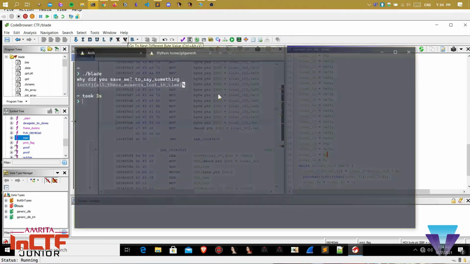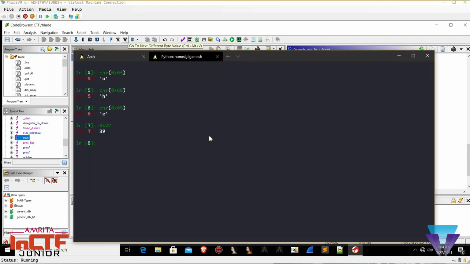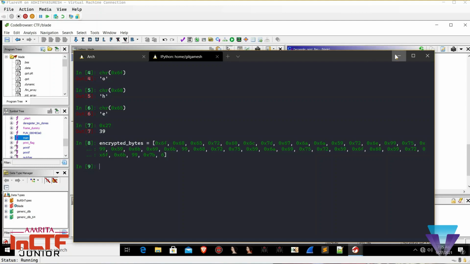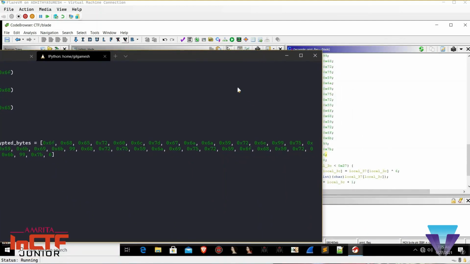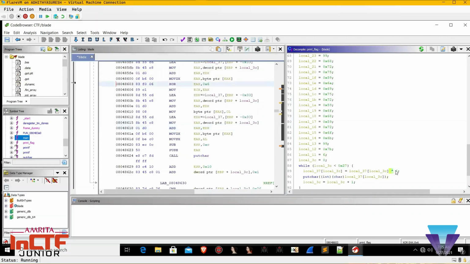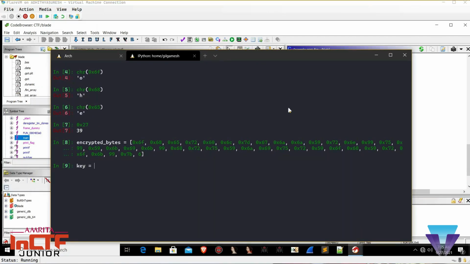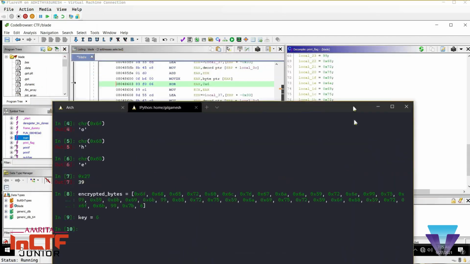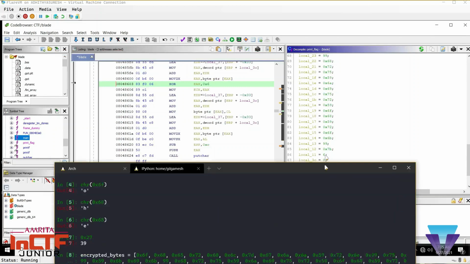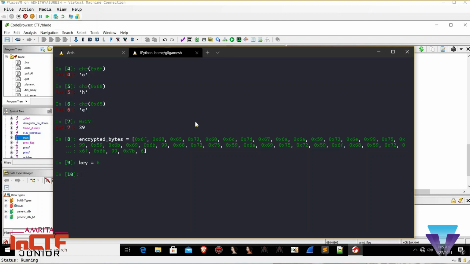Now I'll just store it into a variable called encrypted bytes. And we know that every byte of this is taken and XORed with 6, right? So the key over here is 6. Now, how many times does the loop run? 0x27, which is 39. So for i in range of 0x27, or 39 in this case,